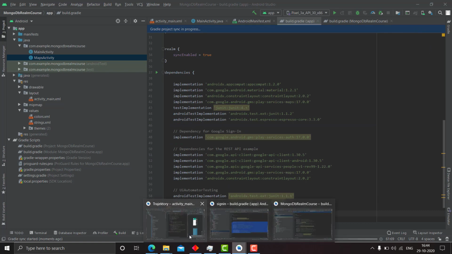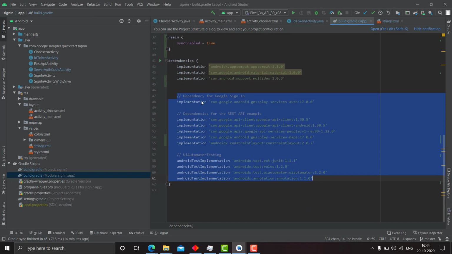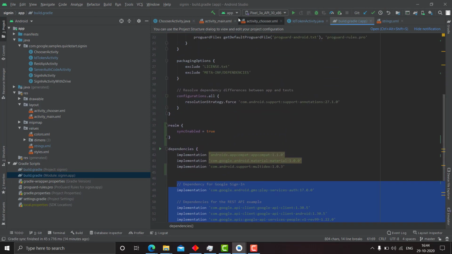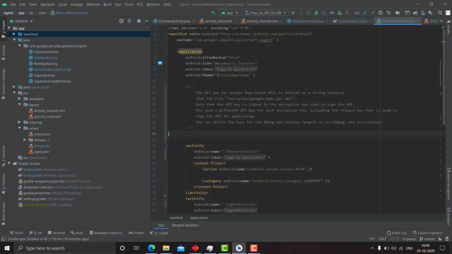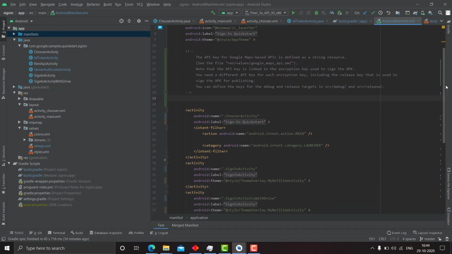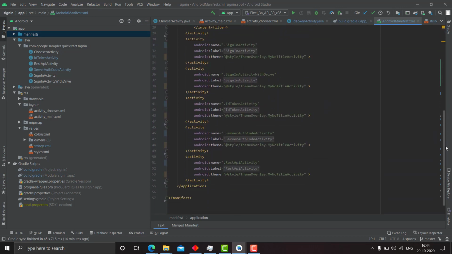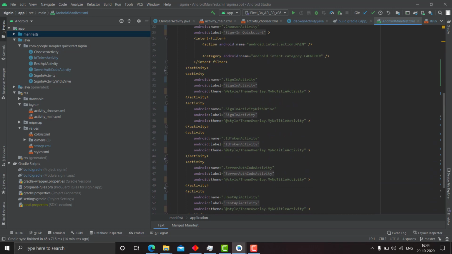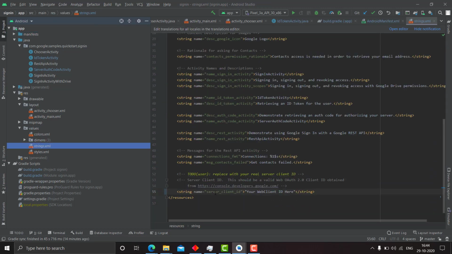Okay, the next thing we will be doing is, now I will go to the manifest file and you can configure the web server client ID here, or you can go to the strings.xml and write a string named server client ID and paste your web client ID here. I won't be revealing my web client ID, but you can copy your web client ID here.